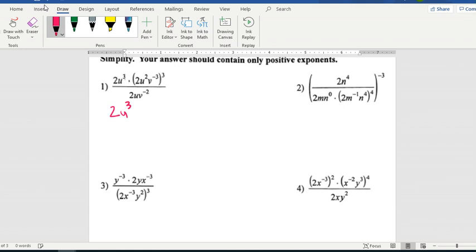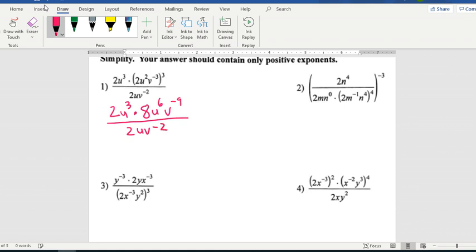So we have 2u cubed times. Now, everything in this set of parentheses needs to get cubed. So this 2 needs to be cubed. And what is 2 cubed? That is 8. So again, we got this 8 from taking 2 and cubing it, 2 times 2 times 2. U squared cubed, multiply the exponents, so that would be u to the 6th. And v to the negative 3rd cubed, that would be v to the negative 9th. And that is over 2uv